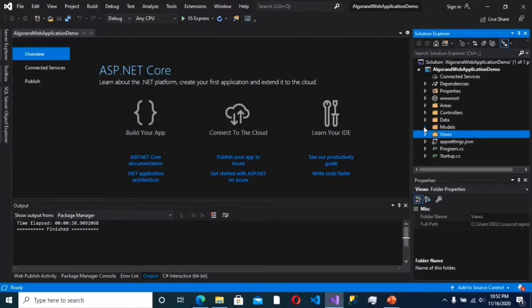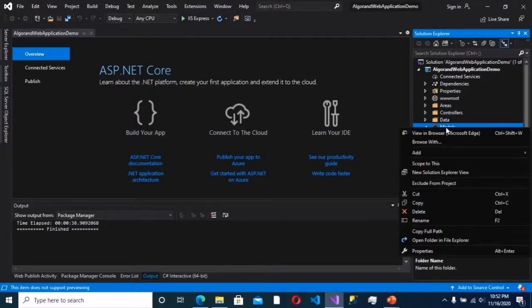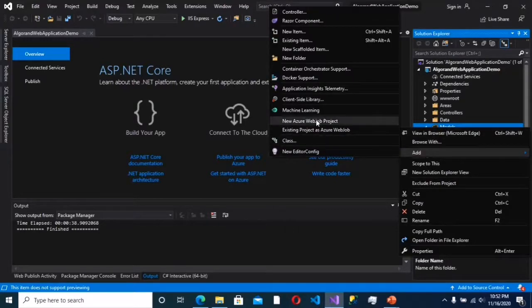You know, we're going to have a title, we're going to have a description, we're going to have the date it was published, we're going to have the author. So that's just a typical example of how the model works. So let's head over into our models folder, and create a new class. Remember, we're using the C# language. This is very object oriented. Everything here is classes, classes, classes. So let's go ahead and create a new class